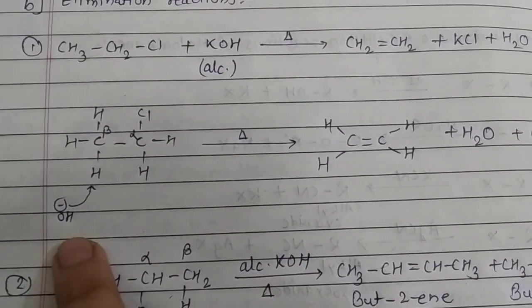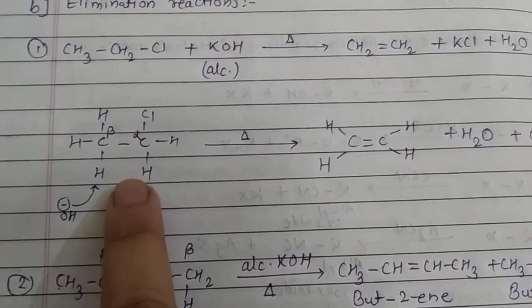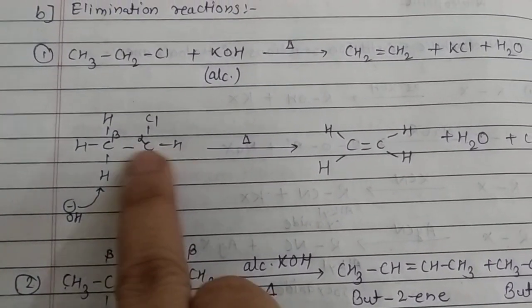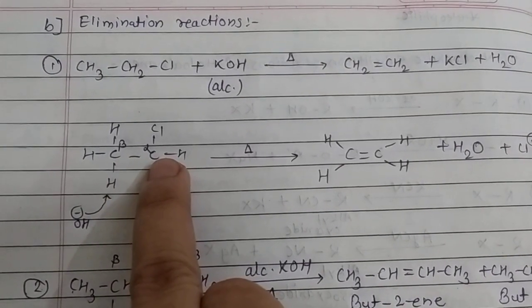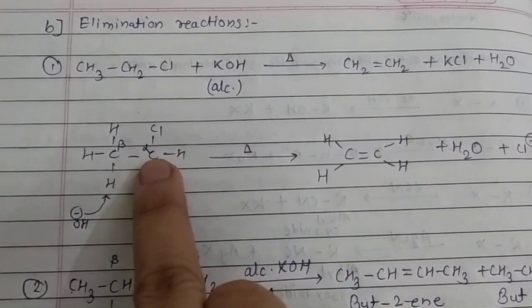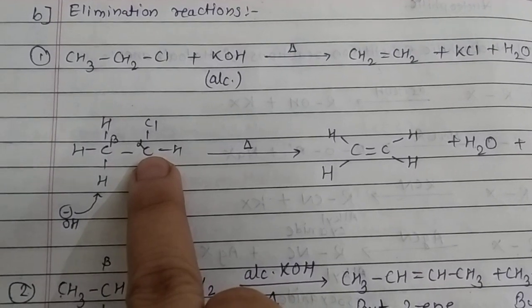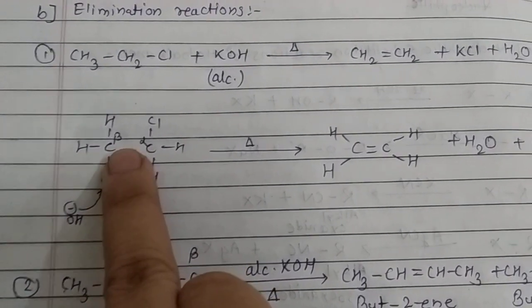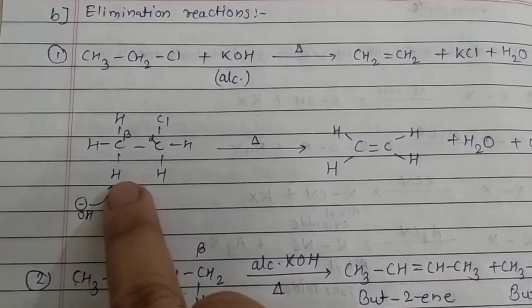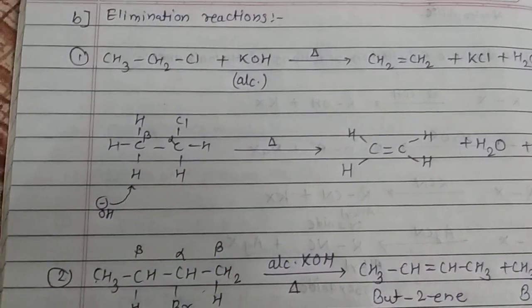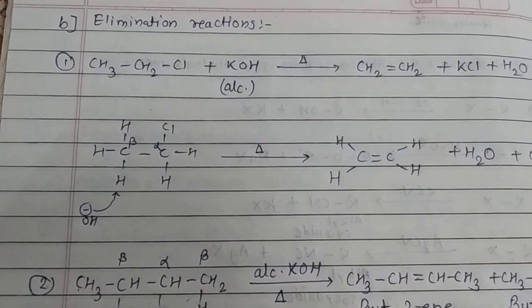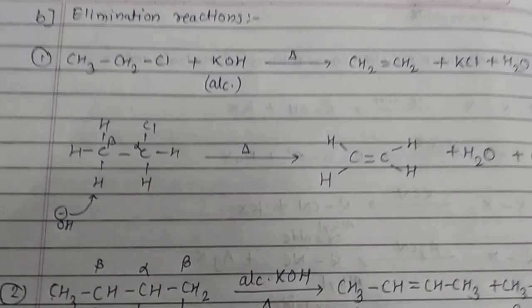So OH minus from KOH attacks the hydrogen which is beta to the halocarbon. So this is the carbon which is having halogen, so this carbon is known as alpha carbon, neighboring carbon is beta carbon. So on this beta carbon there are 3 hydrogens, so those 3 hydrogens are known as beta hydrogens. So base will attack on beta hydrogen,